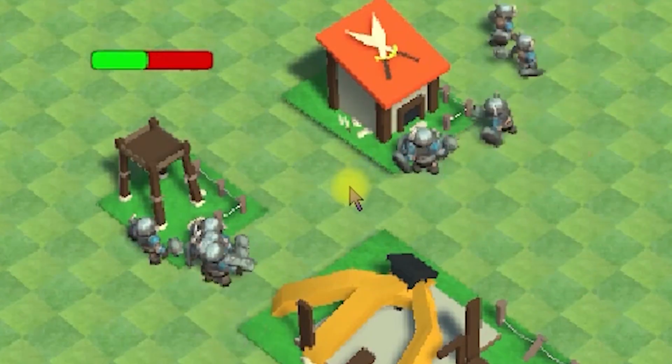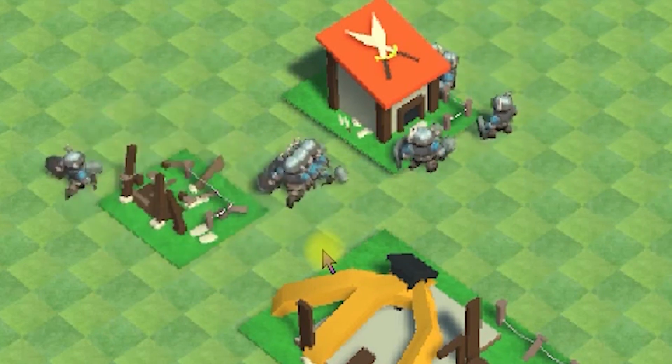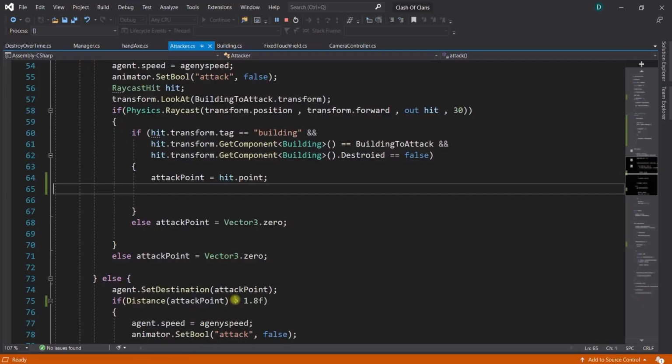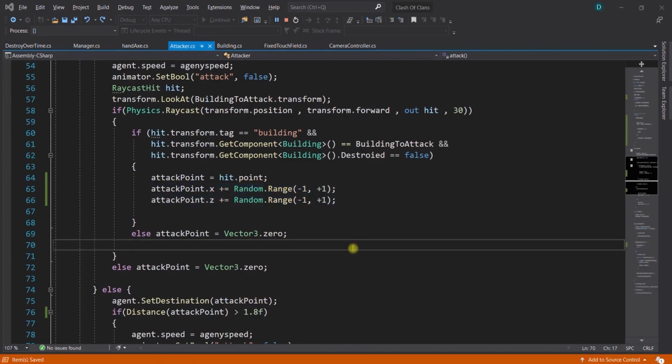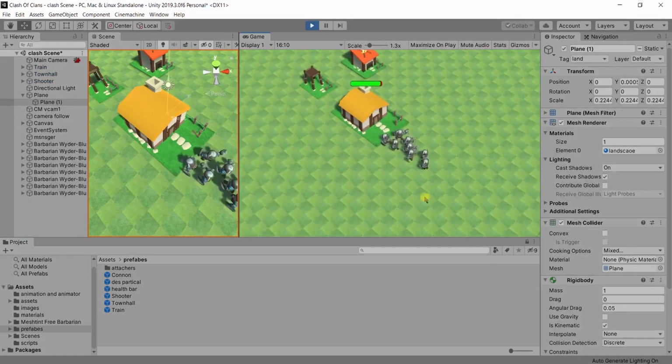Then sometimes some attackers are attacking the same point. So I decided to randomize the point so they attack a randomized point.